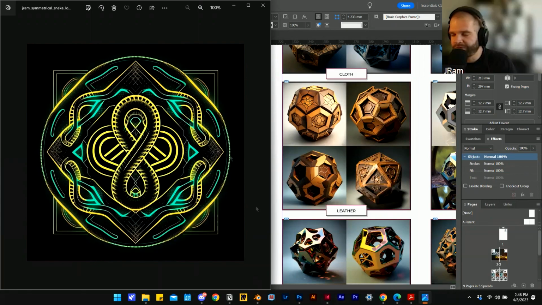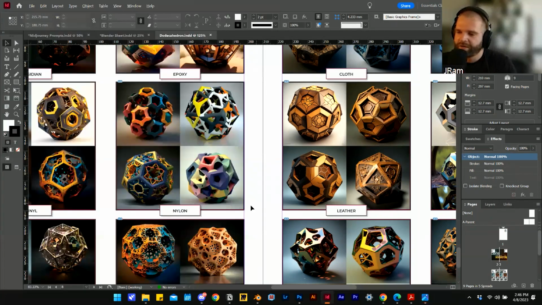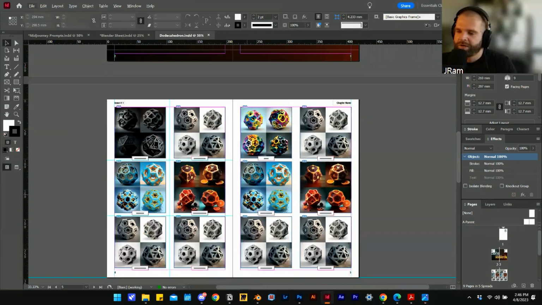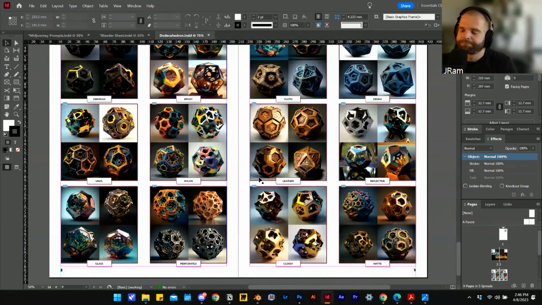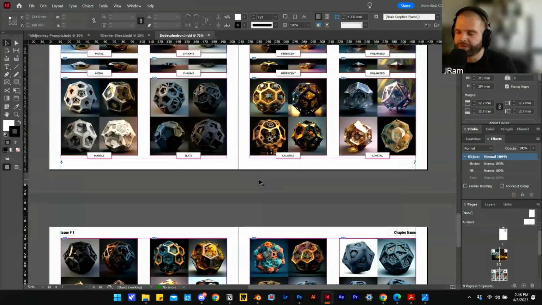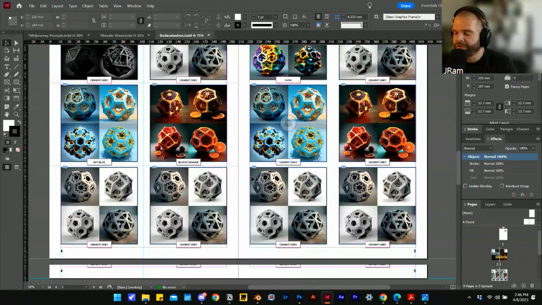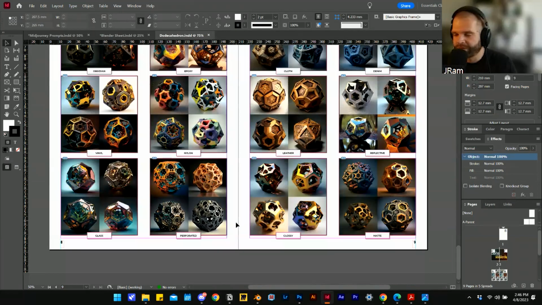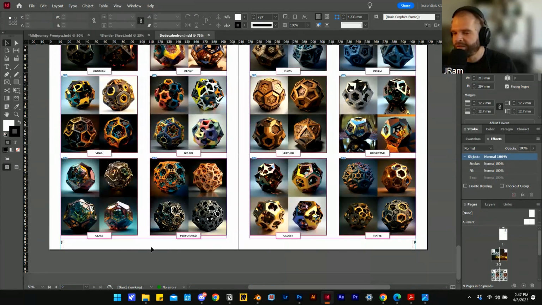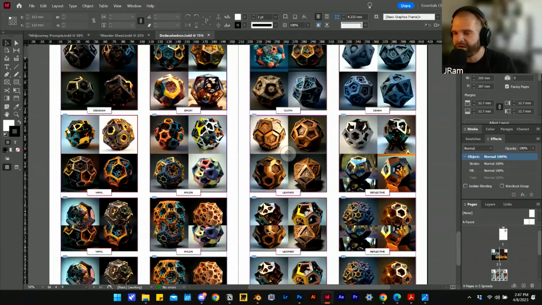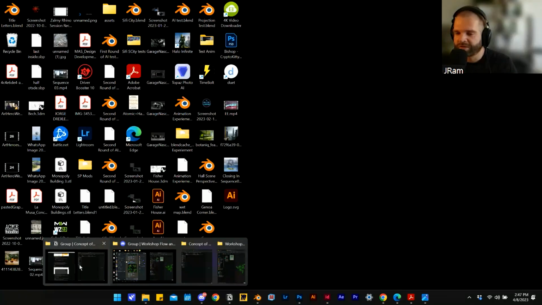As a creative side, as you could see with me explaining and diving a little deeper into it, it can take a while. I'd say this whole catalog that I have here on the dodecahedron took me about an hour to produce, just because I was really experimenting and taking notes of what was happening. So you could probably expedite that a bit more and filter out, not use everything that it spits out. But that creative process of arriving at a prompt can take a little bit. It does save some time in the sense that a lot of these images, especially when you do get something that you really like,